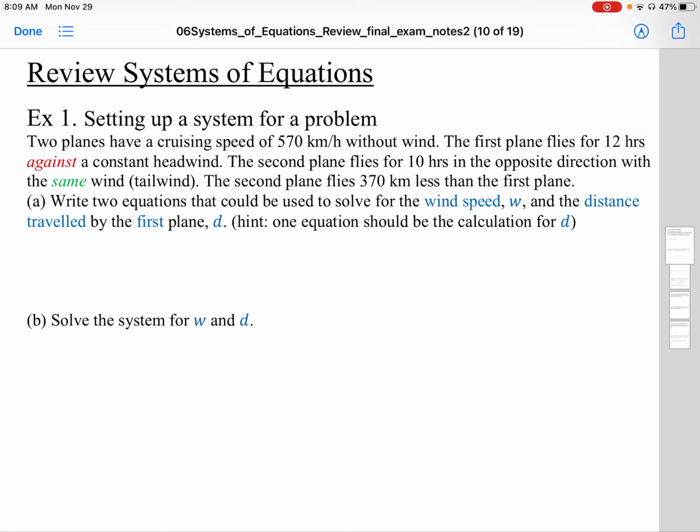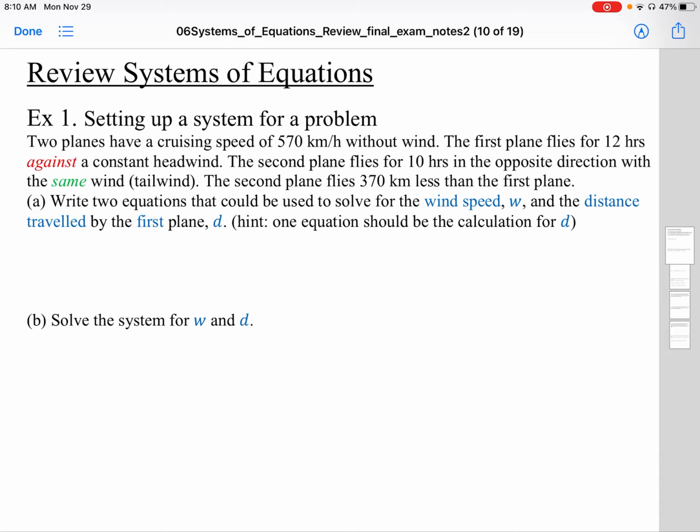In systems of equations, we generally have two unknown quantities that we have to solve for. And if we have two unknown quantities, we need to set up two relationships or two equations. So in this problem here, the first part asks us to set up a system